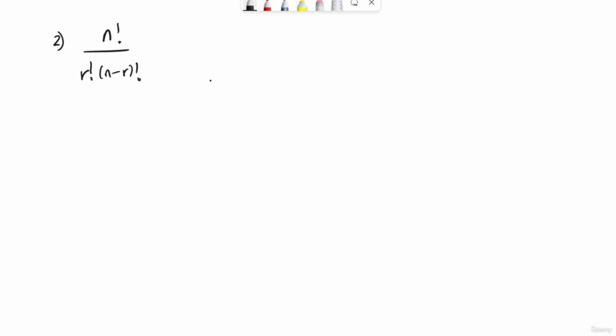And so what we want to know is, we have 23 people, and we want to know how many different combinations we can create out of 23 people of size 2, because we're trying to get the probability that any 2 people have the same birthday. Well, that's going to be 23 factorial divided by 2 factorial times 23 minus 2 factorial, which is going to be 21